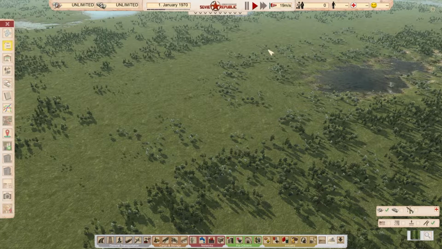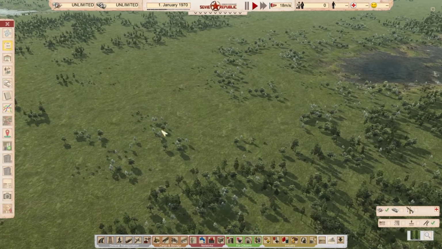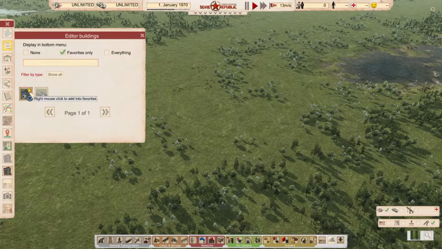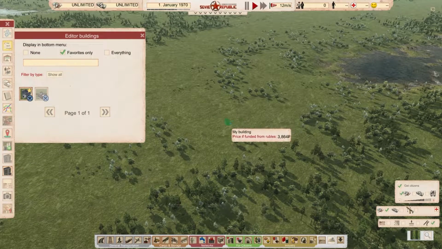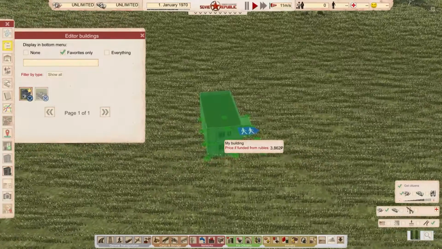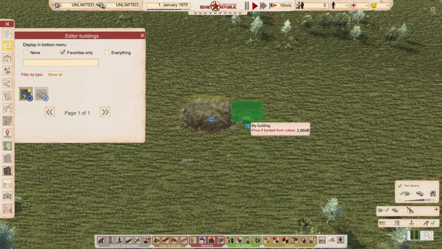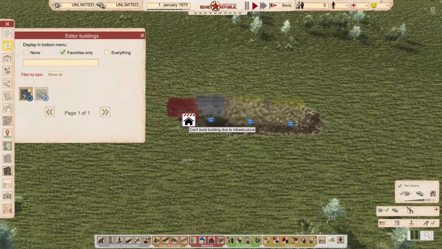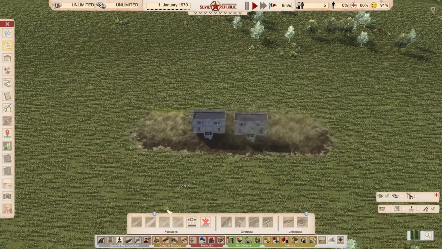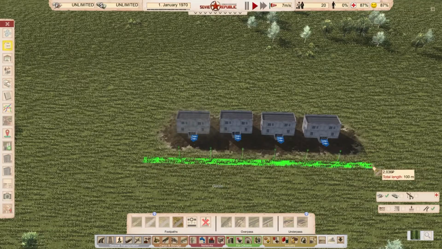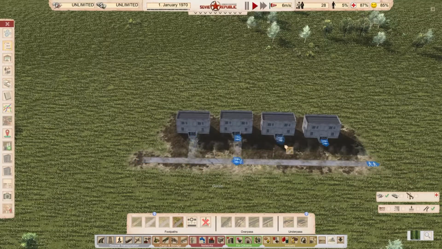Here we are in just a randomly generated map. We've just got a blank piece of land. I've got things set to unlimited money. All I'm going to do is click on editor, and there it is, my building. And I can put it down, and oh my goodness, how tiny it is. I'll actually place a few of these down in sequence, and you can see they're building now. Let's just quickly build a couple of roads here,